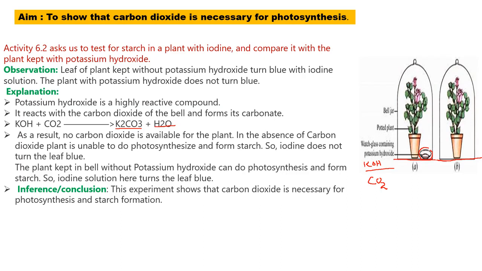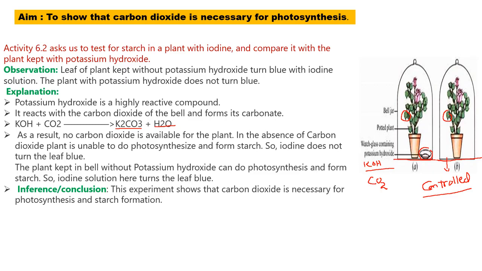And the other plant, this one is a controlled experiment. We call it a controlled experiment. Why? Because all the necessary things, that is your carbon dioxide, sunlight, and water, everything which is necessary for photosynthesis is available in that controlled plant, right? And what we will observe after some time is that we are going to pluck one leaf from this plant, and we are going to pluck one leaf from this plant, and we are going to do the starch experiment again.